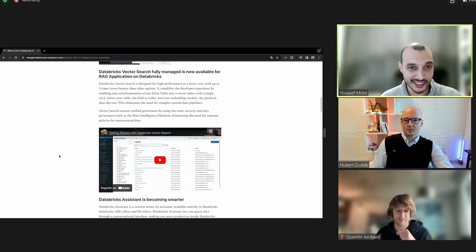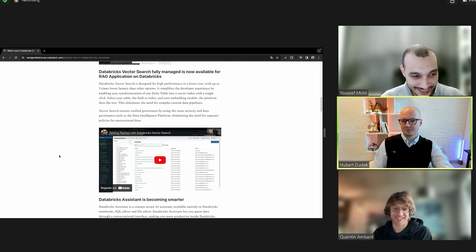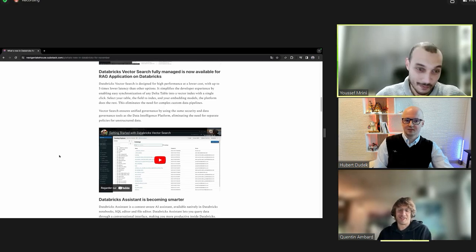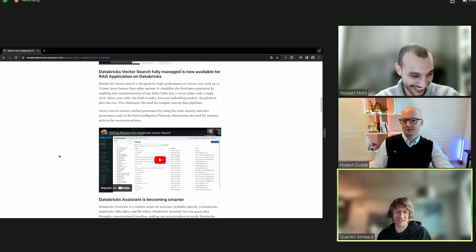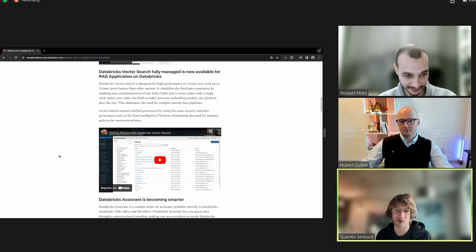I don't think we can discuss LLMs without mentioning vector search. I think it's now a buzzword, and yeah, you need to have a vector search in 2024. Otherwise you are completely a has-been, for sure. So yeah, the new thing is that vector search is now available as fully managed using the serverless embedding